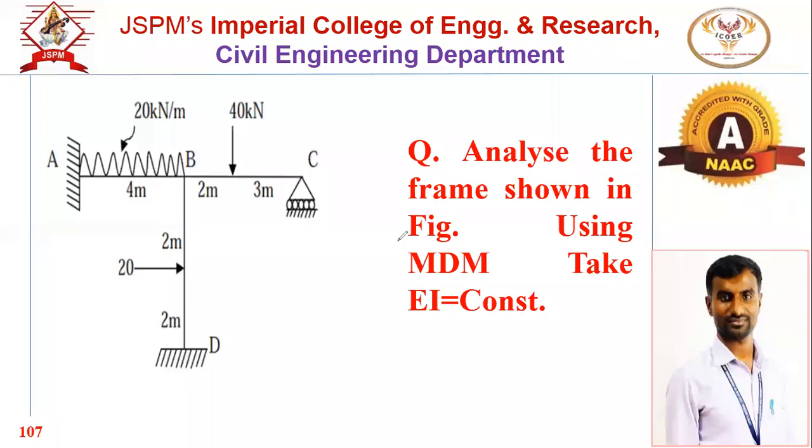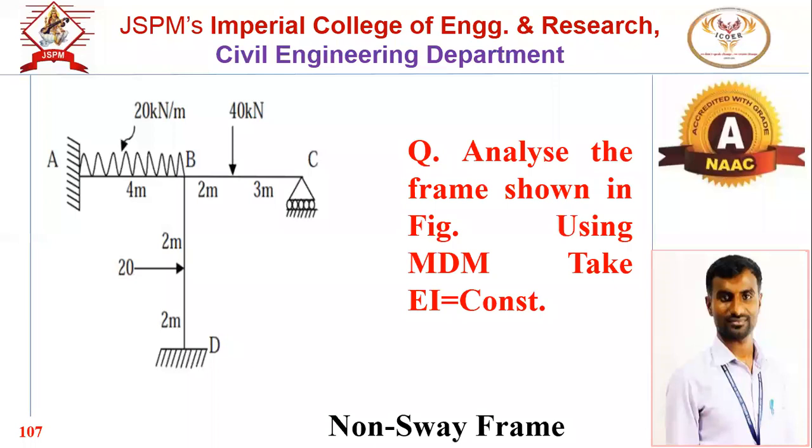But which step will change? As we know, at a joint B there are 3 members connected. In case of a beam, what we have discussed, there were 2 members connected. Here there are 3 members, so in the distribution factor calculation at joint B there are 3 members. That we will discuss step by step. So first we have to identify the frame.